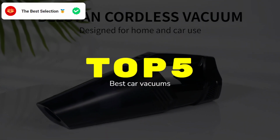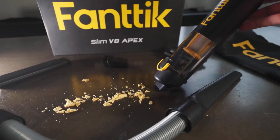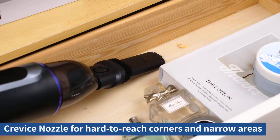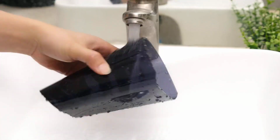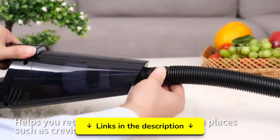After rigorously testing 17 car vacuums over the past 3 months, I've identified the 5 models that are great at cleaning vehicle messes. Our thorough testing process, which includes everyday messes from beach sand to pet hair, has revealed which portable vacuums clean effectively. Each vacuum offers specific strengths for different vehicle types and cleaning needs, so be sure to